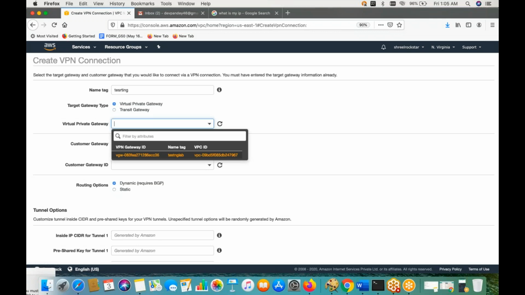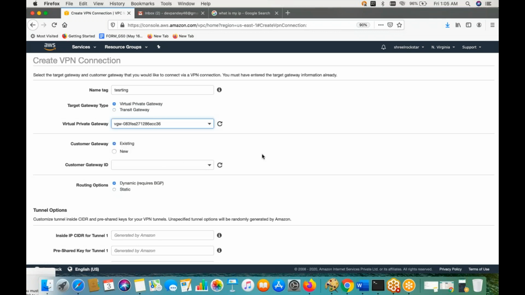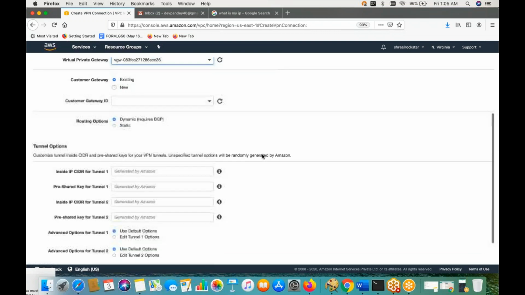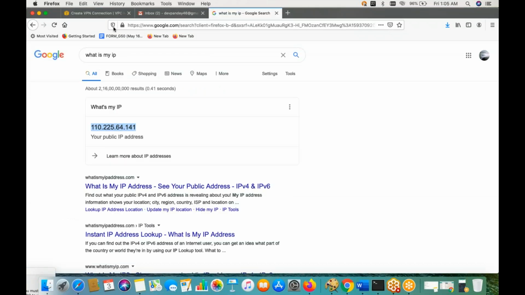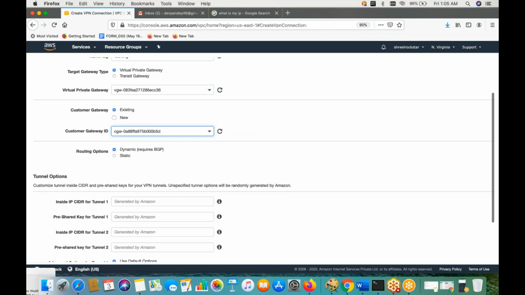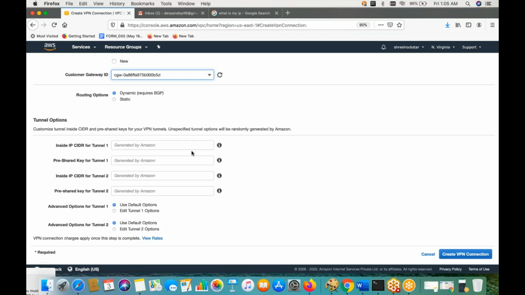So I'm looking for virtual private gateway. Define this, and now you have existing. I have configured my customer gateway with this IP, meaning your firewall which is already there, so I can go with this. Yes, I'm good with dynamic. I don't have any static IP address, so I'm good with it. I also didn't receive any tunnel CIDR information from the customer. In real time, they will provide you an IP address range, which you can give here, otherwise unspecified options, where you can see the IP addresses randomly coming from this CIDR range. You are going to allow that. Create.